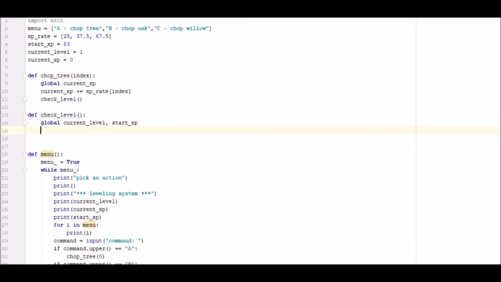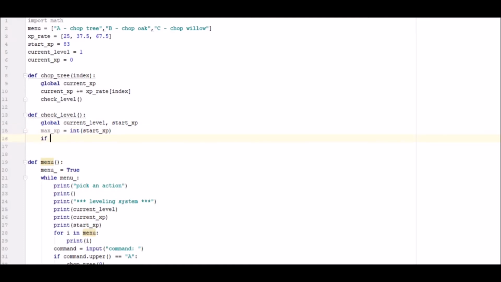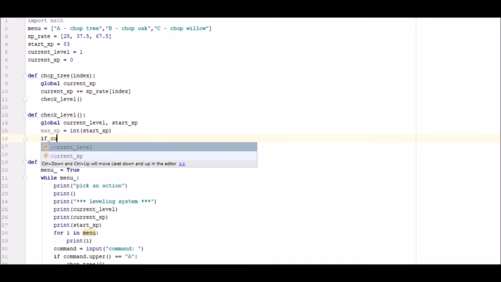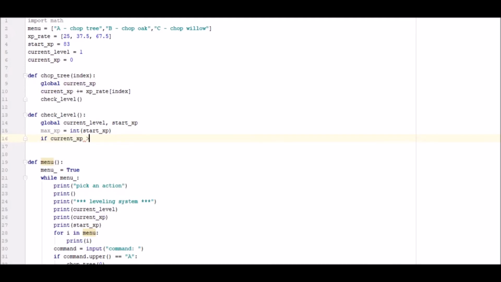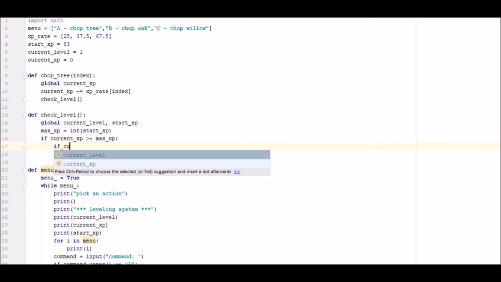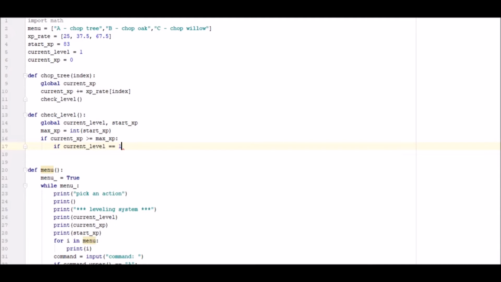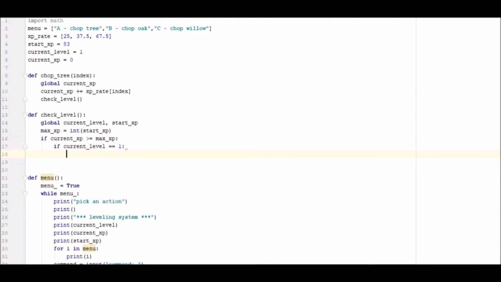And so we want to go ahead and we want to go max XP equals int of start XP, and this is just going to make sure that we have it stored in a different place so that we're not editing that original variable before we want to, and we always have the other value. So if current XP is greater than or equal to max, then if current level is equal to 1, we want to go current level plus equals 1,